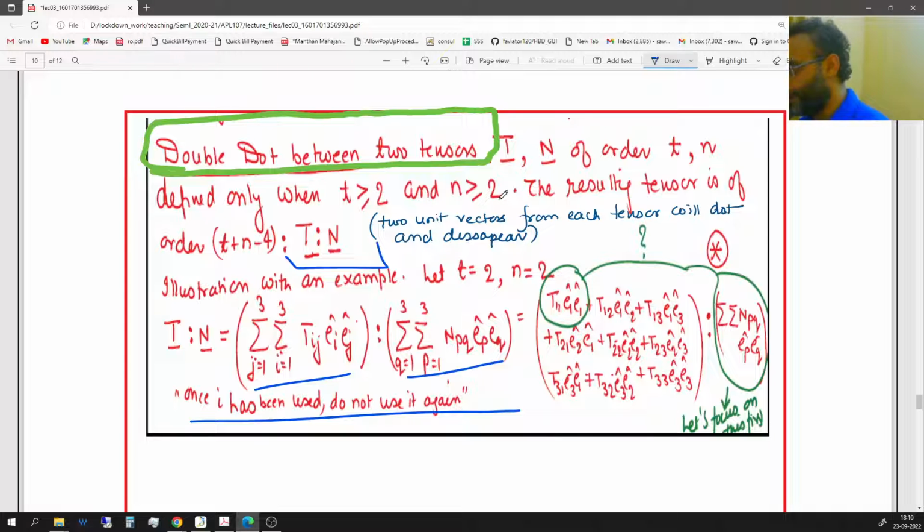Both of them should have this much order. At least they should have order 2, each of them. And what you will find is that the resulting tensor will be of order t plus n